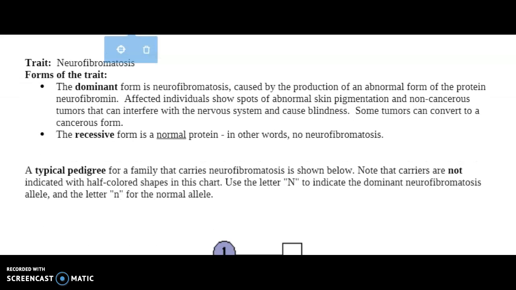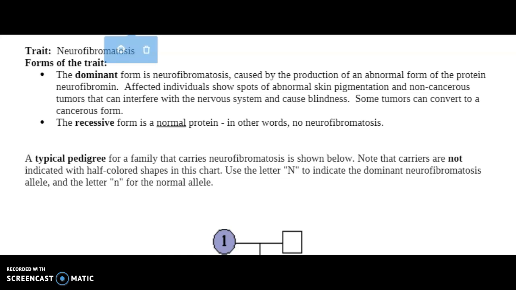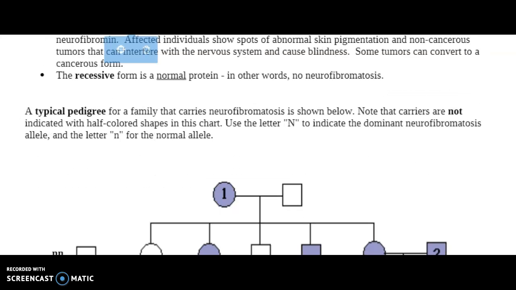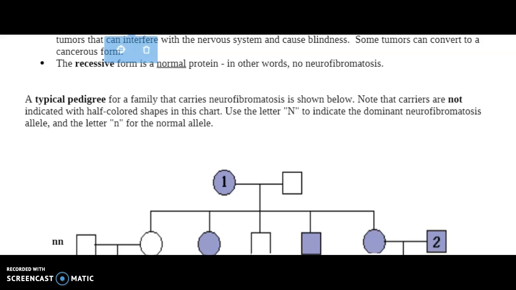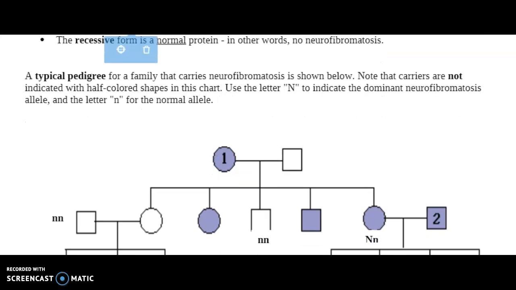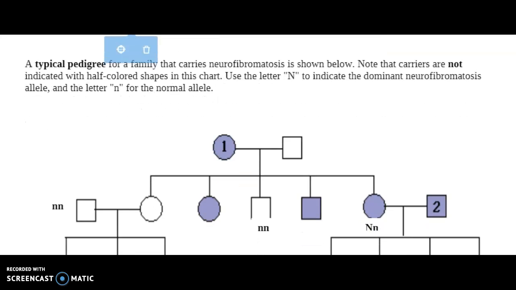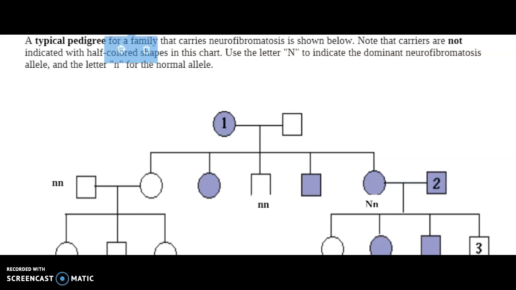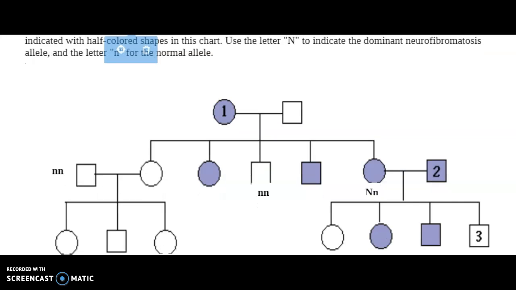So the recessive trait is the normal protein. In other words, no neurofibromatosis. A typical pedigree for a family that carries neurofibromatosis is shown below. And note that the carriers are not indicated with half colored. We're going to use the letter N to indicate the dominant neurofibromatosis allele and little n for the normal